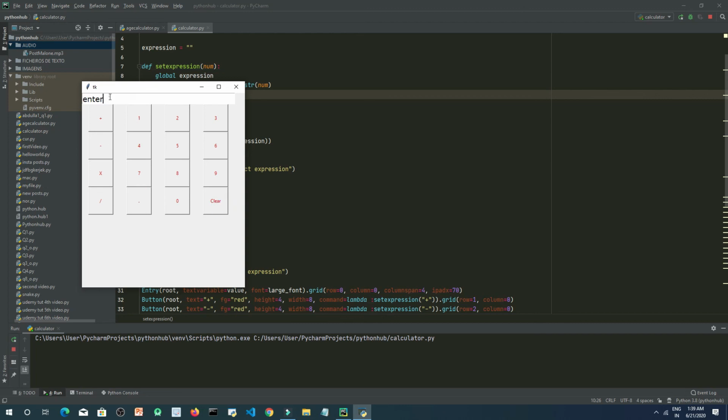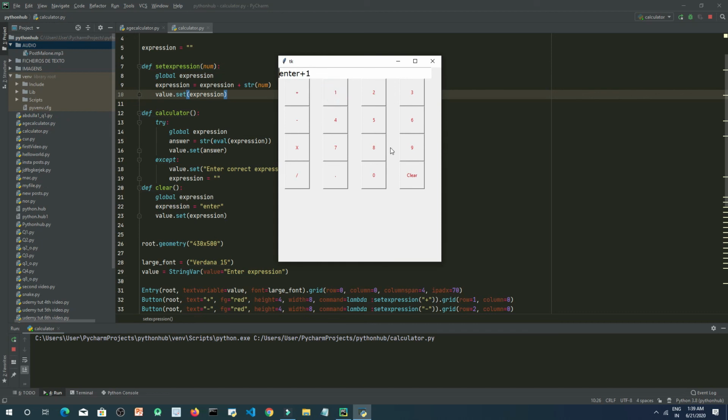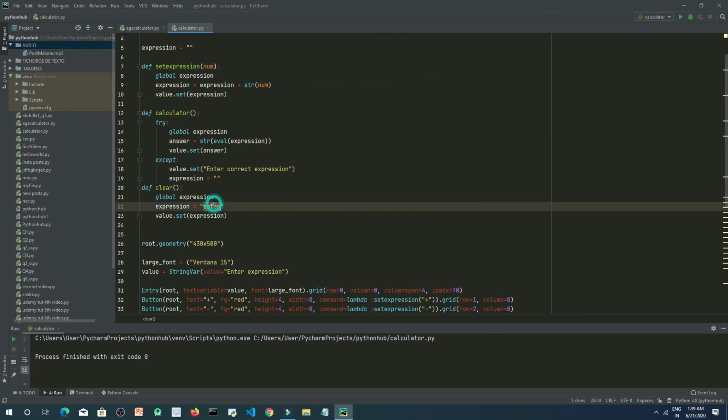As you can see here, it is enter now, but if you evaluate now, there will be some errors, because this is not showing results. On clear you will see enter, but it's taking some numbers, right? So this will be a bad thing, because this will not be like a calculator. So we want this to be empty.